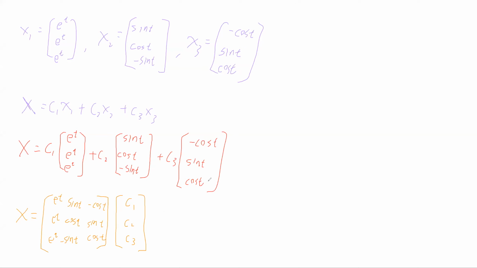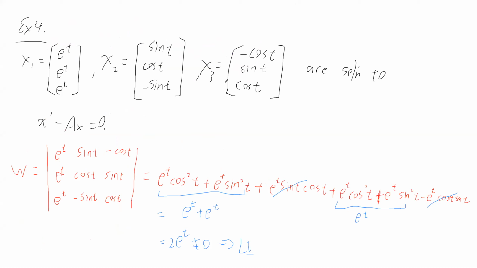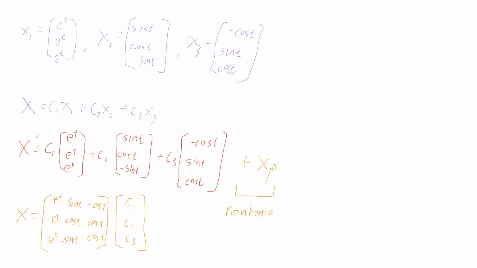So this example is for the homogeneous case, and for the non-homogeneous case, all you need to do is take this, which is the homogeneous solution, and add xp, the particular solution, for a non-homogeneous case. That's the only difference. So let's take a look at this example again. We're given three solutions, and we want to make sure that they are linearly independent. You check that using a Wronskian or some other method. If they are linearly independent, then just go ahead and put them in the form of a linear combination using some constants